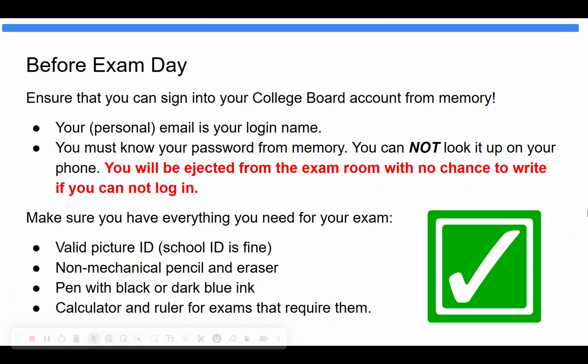This is the one that you created so that you could actually join up with the AP class that you're in. It's the one where you had to put in a whole bunch of information about your name and address and things like your parents' educational background and all that the College Board wants to know for statistical purposes. Best way for you to check this is go to